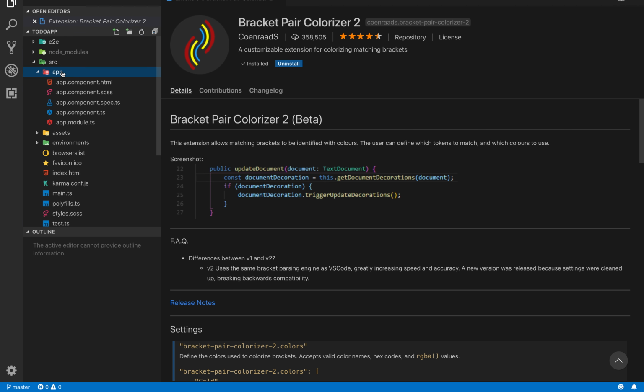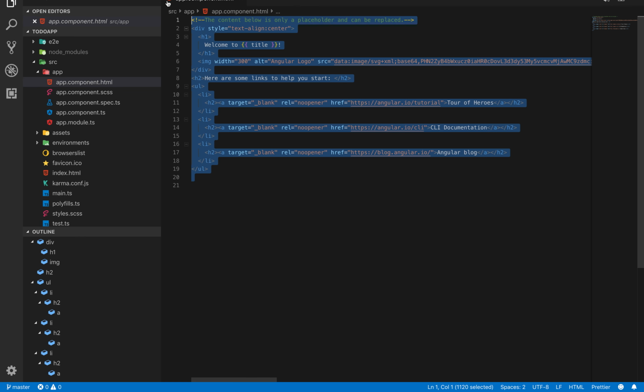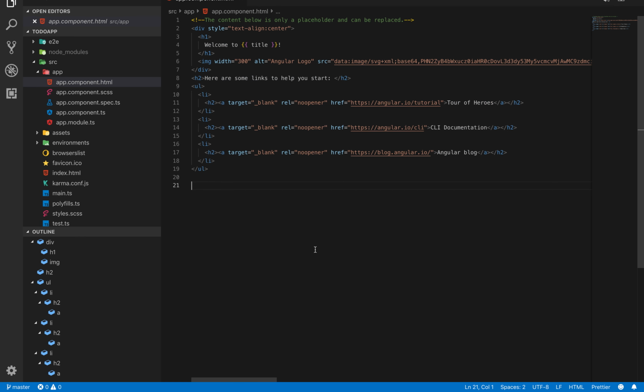First things first, you can see our structure here. We have app, and you see we have our app.component.html, CSS, and here's just the starter Angular project. Now if you hit Control tilde, that'll open up the terminal in here, and tilde is just the key to the left of the 1. So now if we say